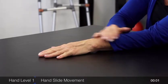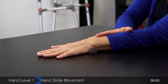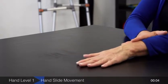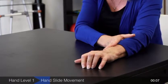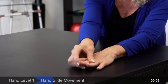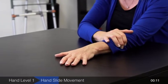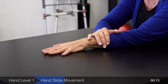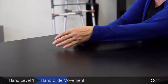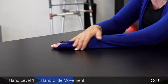Place your hand down and move the whole arm. So if you rest your hand on the table, you can either do this by helping and move your hand across the table. Your fingers might want to curl up, but let's go back to relaxing them. Concentrate on that, and let's move it back. Sometimes our hands don't want to move so easily on the table. So you can take your sleeve, or you can take a towel and open those fingers